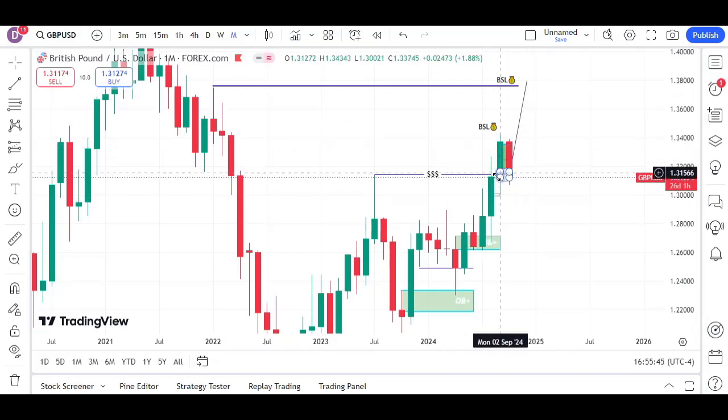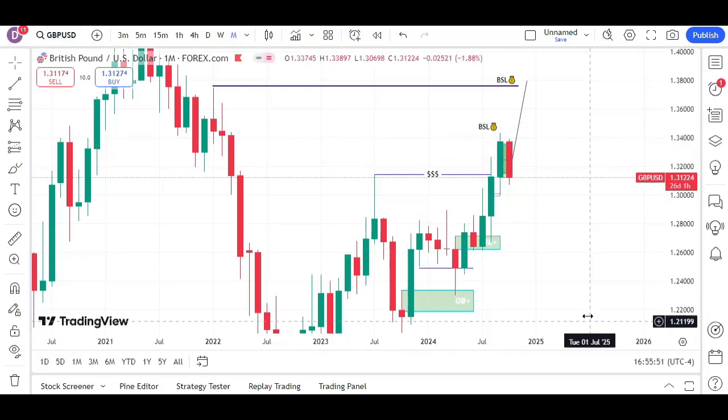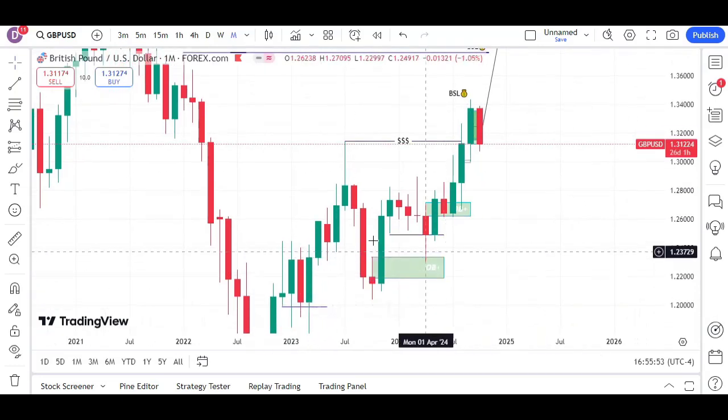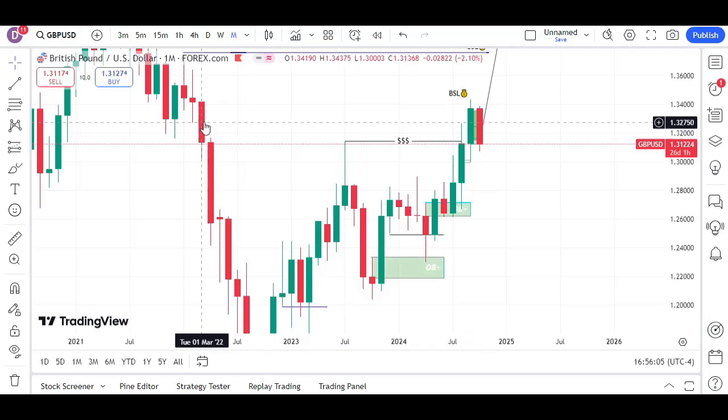This is what I mean by closing. I mean the entire body of a candle closed above this fair value gap. Unlike this fair value gap right here, you see that the body did not close below. It's only the wick, which means we are respecting the fair value gap. We keep going like this, and then we got to this point. As you can see right here,